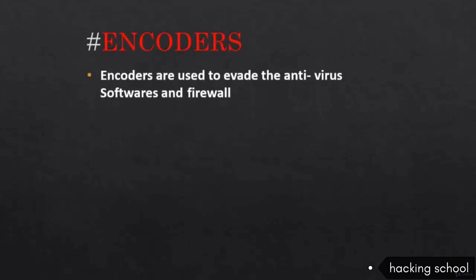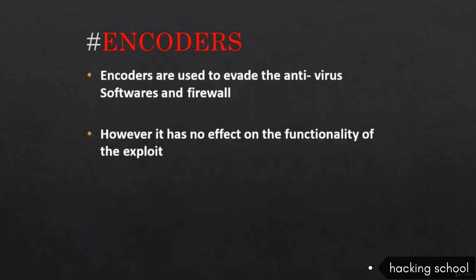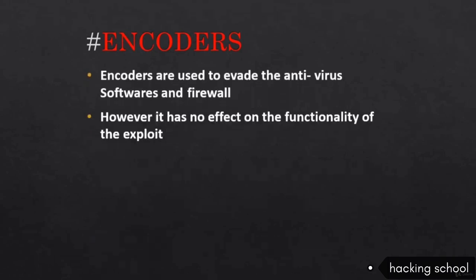Now, we'll quickly go through the modules of the architecture of Metasploit. First, encoders. Encoders are used to evade antivirus software and firewalls. However, they have no effect on the functionality of the exploit. Some popular encoders are